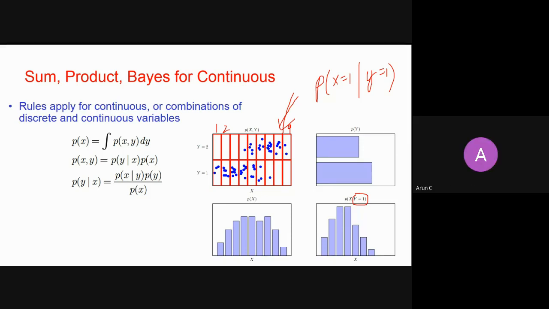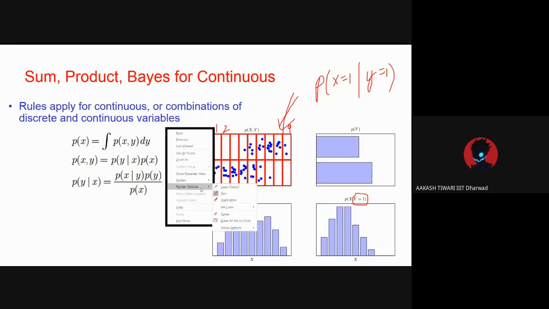So I am able to see only that world where y equals 1. This is my constant world. Once I am standing in this world where y equals 1, I want to know what are the chances that x is also 1 when y equals 1. So it is a condition. First, I need to constrain myself so that I can see only y equals 1. Once I come into the world, then I find out what are the chances that x is also 1. Okay, let's see that.